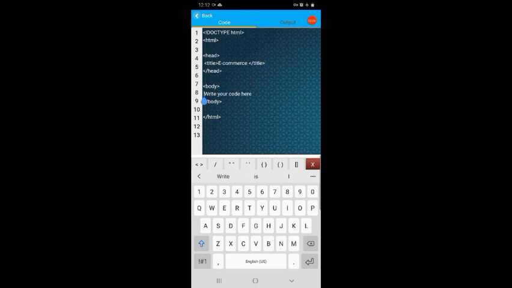Then inside the body tag we have to type some paragraph. So I have typed a few sentences about e-commerce. Let us run this and check.